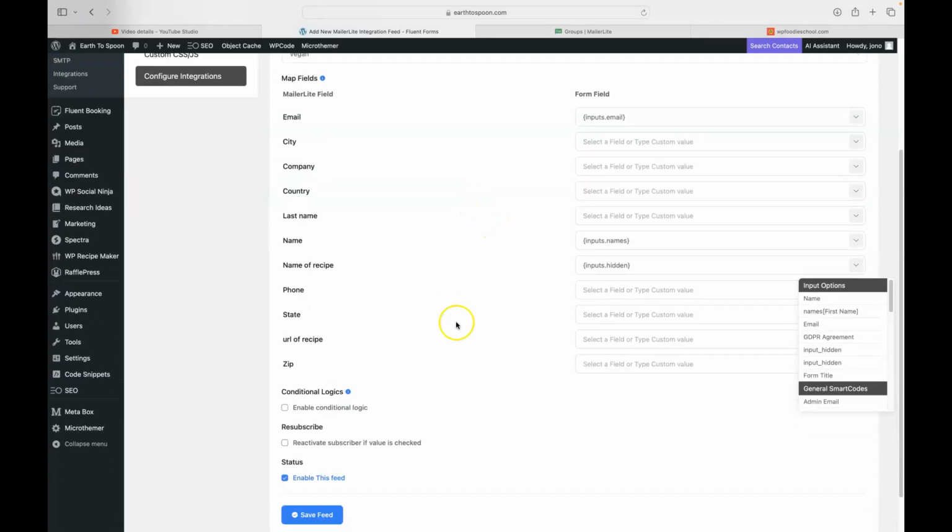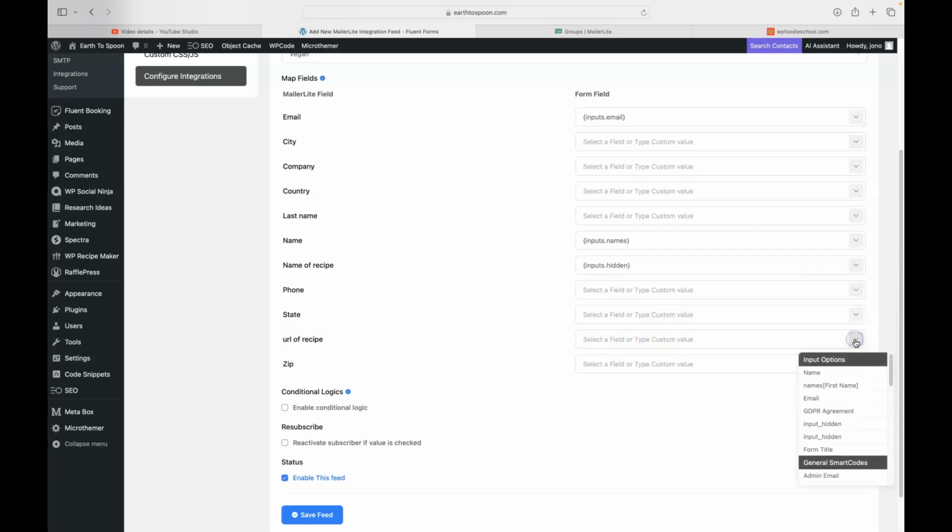Oh no, sorry, it is there, URL of recipe. It's actually in alphabetical order. Gee, I didn't see it for a second, folks. I thought I didn't save it right. So